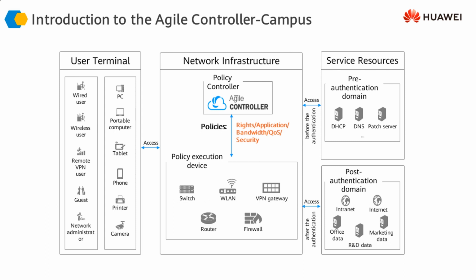our network. These access devices could be our LAN switches, our wireless LAN access points or controllers, our routers, firewalls, etc. So using these network access devices, the Agile Controller makes sure that user access to our IT assets, our servers, or our data center remains secure. And if there is any issue while somebody tries to access our infrastructure, if the Agile Controller sees any issue, then it is checked against the pre-authentication domain.